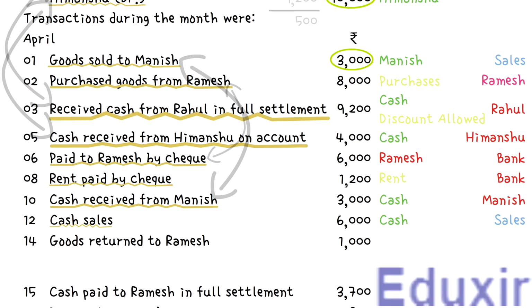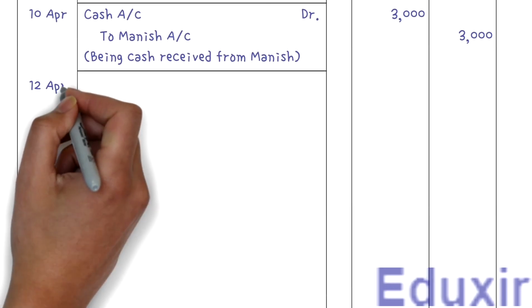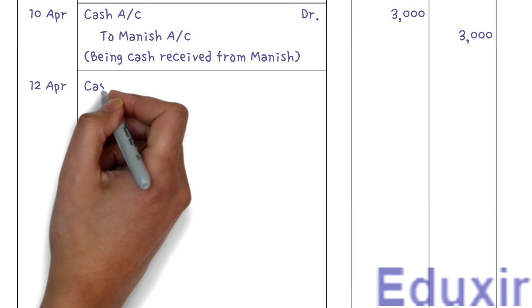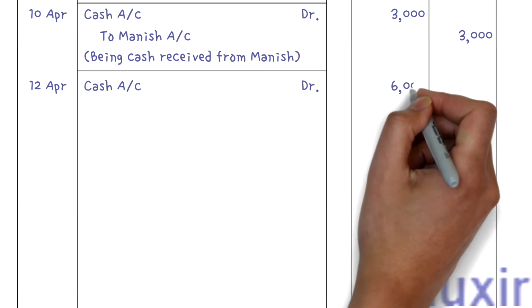With this analysis at our disposal, let us now proceed with the generalizing of this transaction. Let us first record the date. Let us then record the cash account as the debit entry. Let us also write the text DR to indicate that this is a debit entry. Let us then record the debit amount of 6000 rupees in the debit amount column.